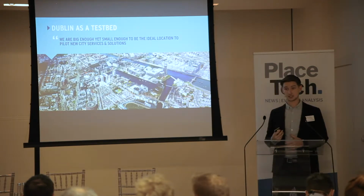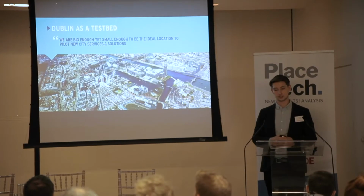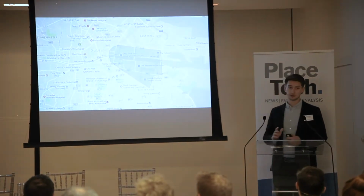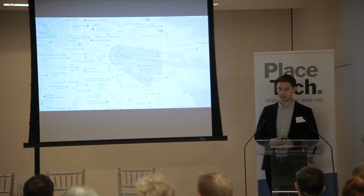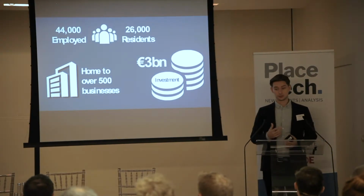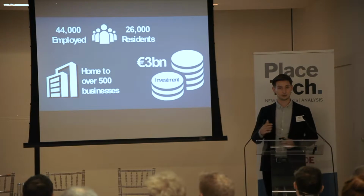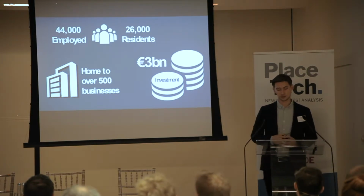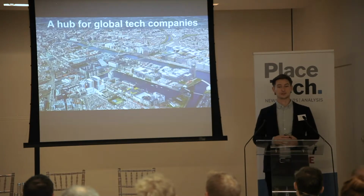So we decided to designate the Docklands area as our smart city testbed. This is roughly the area we're talking about. It's about 2.5, 3 square kilometres in the centre of the city. Some stats in the area: there's 44,000 people employed there and 26,000 residents. There's over 3 billion private investment between now and 2025, and it's home to over 500 businesses, some of which